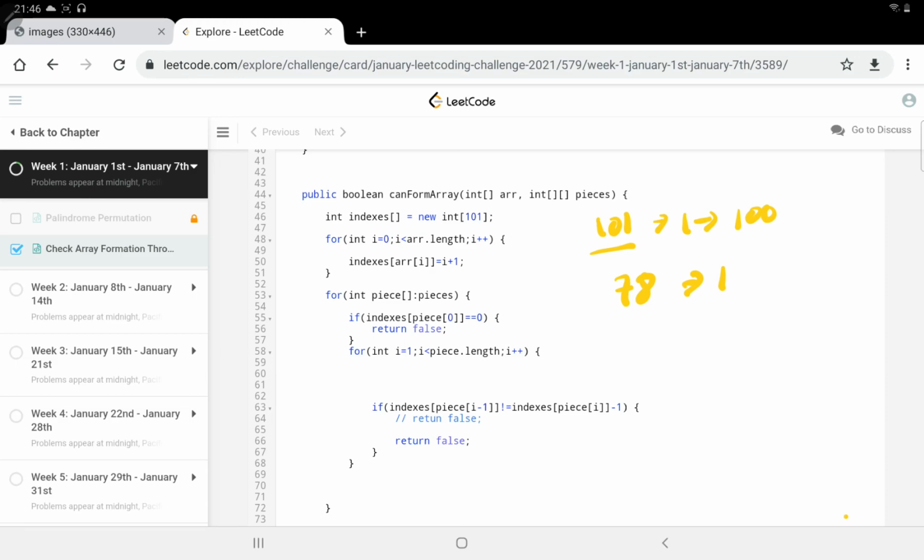Now again we are picking one piece at a time and checking if it is 0, which means false, because 0 cannot be there since numbers start from 1 to 100. For the pieces with more than one element, we check the index of the previous one with the current one.